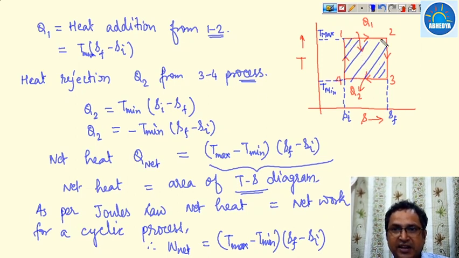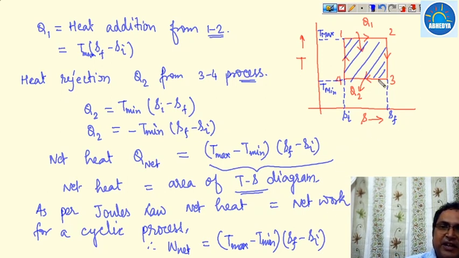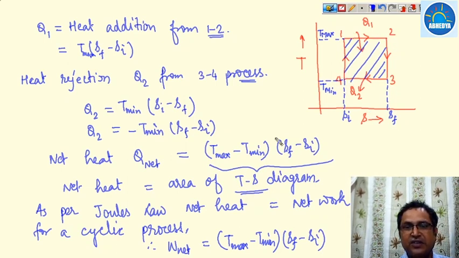And what is the heat input? Heat input is the total heat, that is the area of that portion with respect to your S axis. This is the S axis. Then the area between the temperature curve and the S axis will give you the value of the total heat input. So total heat input or heat rejected is nothing but the area from the temperature curve to the S axis, while the closed area of the TS diagram will give you the net work.